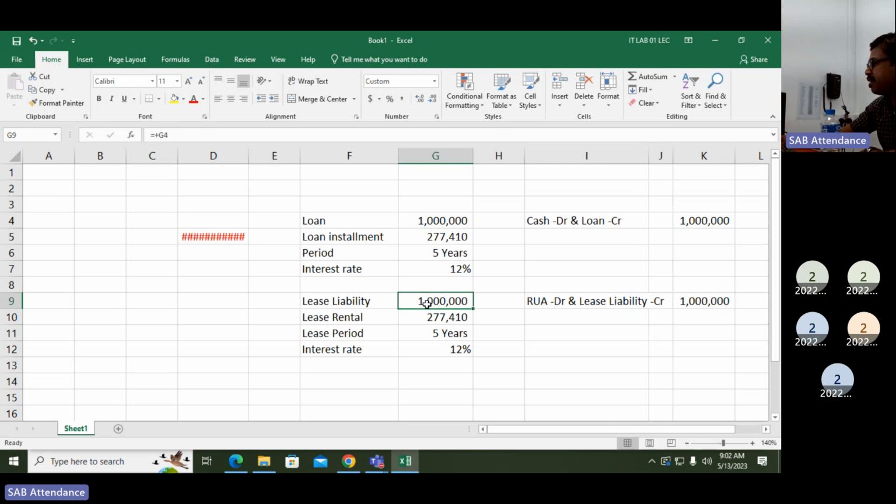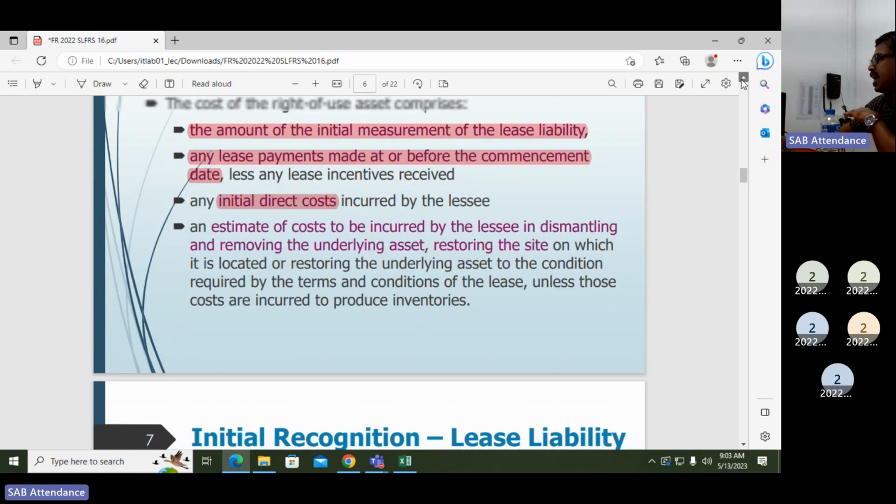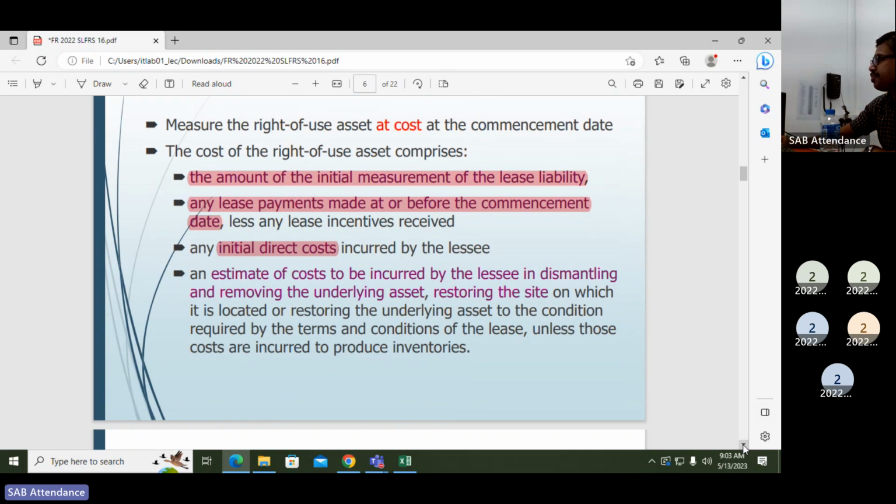What you have to understand is, for lease liability, we have to take the present value of these payments. For that you will be given the discounting factor, that you need to multiply with these rentals. That present value of lease payments is what you credit to the lease liability, and we debit the right of use asset with the amount of the initial measurement of the lease liability. Debit right of use asset, credit lease liability. In addition to that,